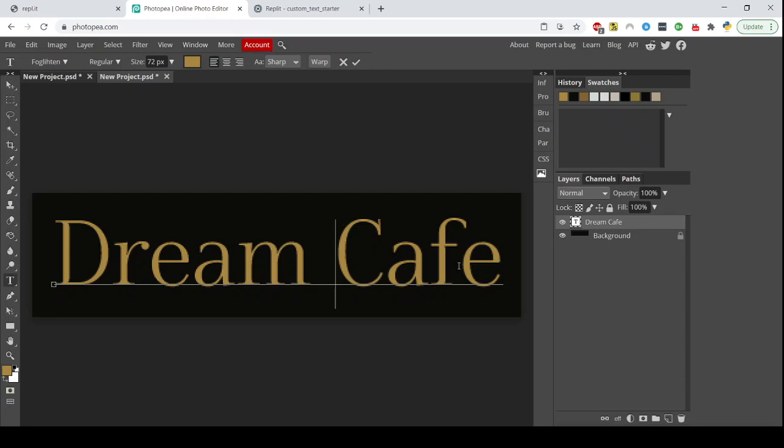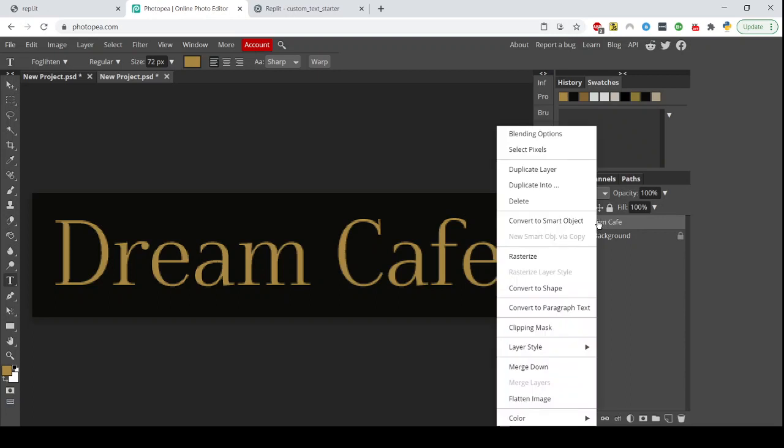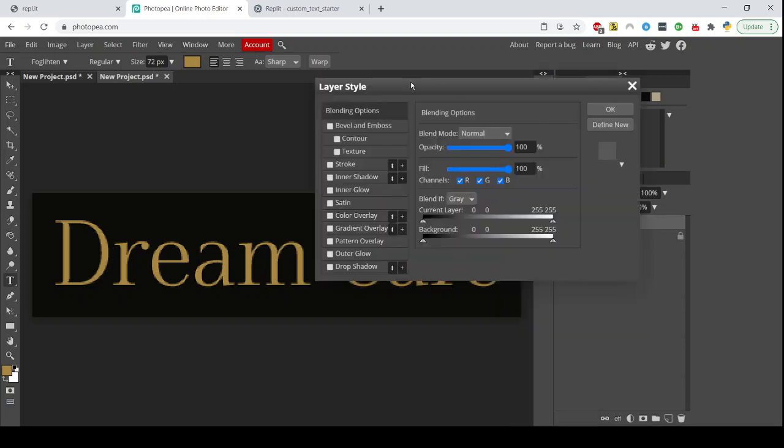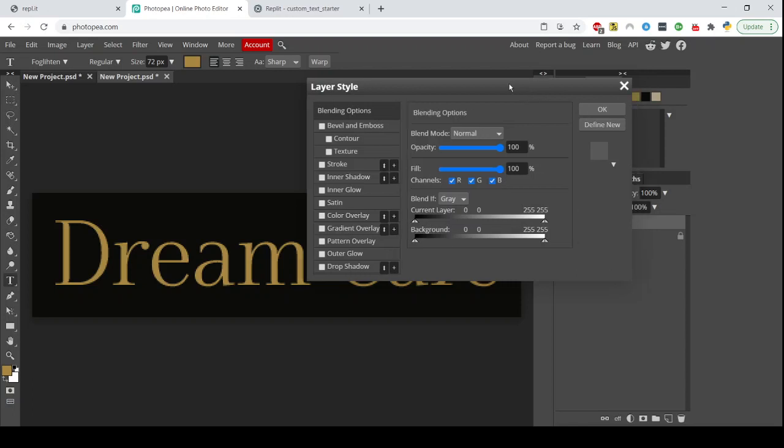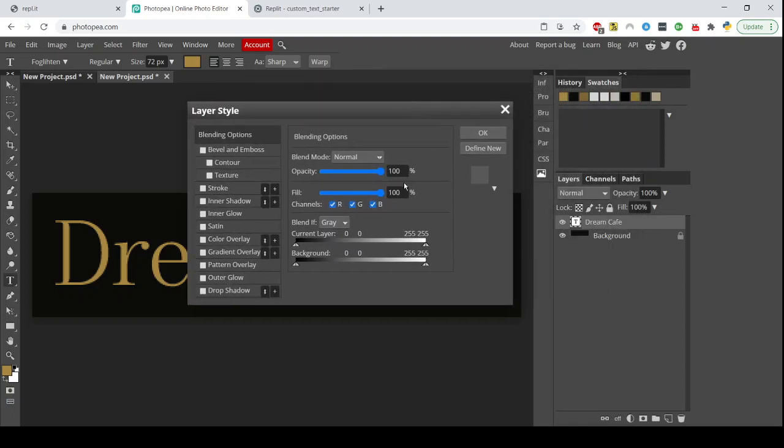And from this point, what I want to do is add some more visual effects. So right now my text layer that says Dream Cafe, I'm going to right click on that layer, click blending options. That brings up this menu. There's other ways to access this, but there's kind of like 4 ways to do everything in Photoshop. That's my preferred way to bring up this menu because it's simple. But anyway, it brings up this layer style menu,